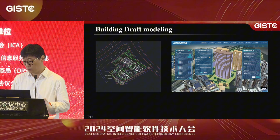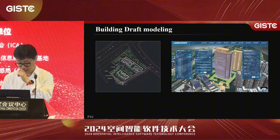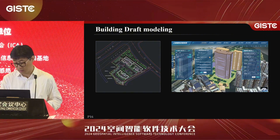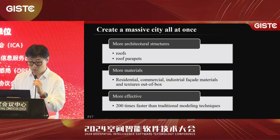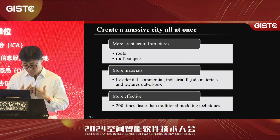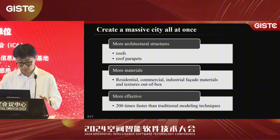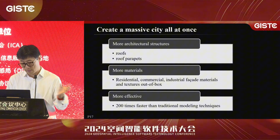Another example is about the building draft design. The 2D architectural design plan, as we see in the left picture, coupled with the corresponding plan rules, and the buildings and parking lots could be generated in 3D models. And now, this year, we make all these technologies faster, so we can create a massive city at once just by one click. And we could provide more architectural structures such as the roofs or the parapets,